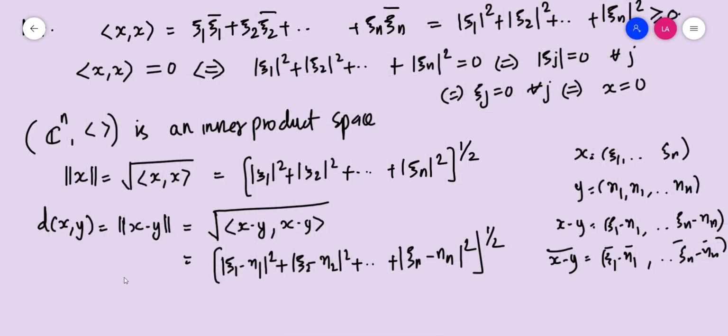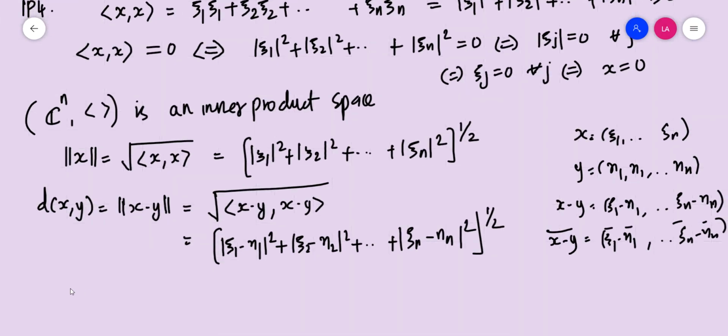From that it is clear that with d of xy, Cn is actually a complete space. This d of xy is induced by the inner product. So this is complete means our inner product space should also be complete. So our space should be actually a Hilbert space. So Cn is actually a Hilbert space. So we have established that our space Cn is actually a Hilbert space using this notation.